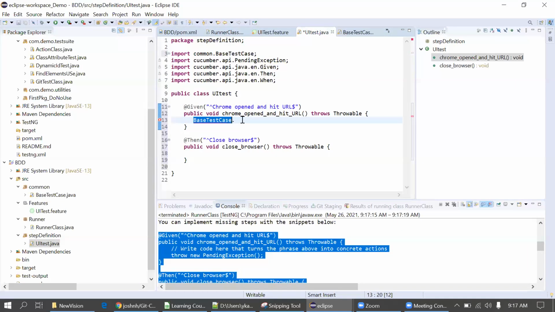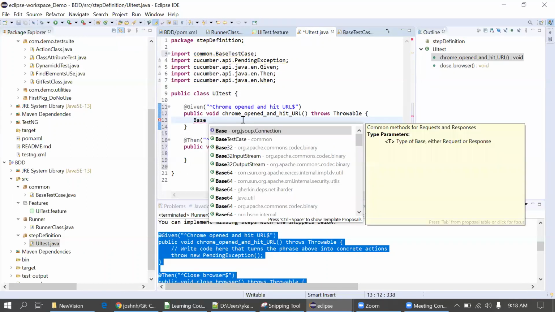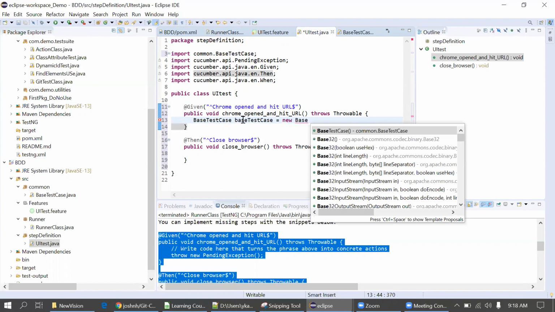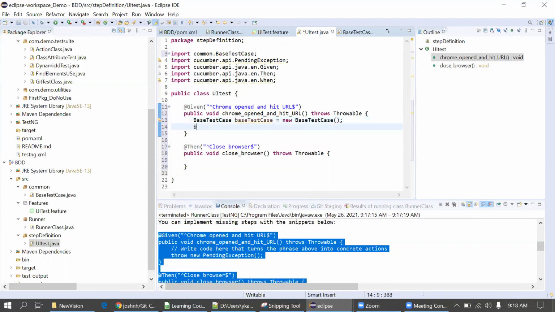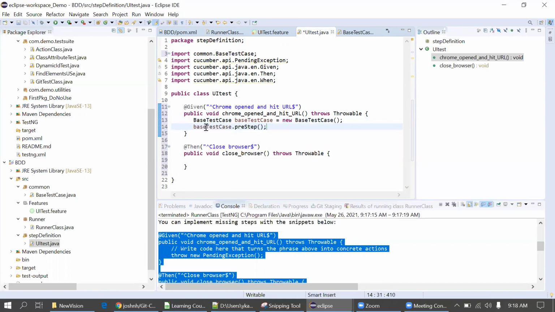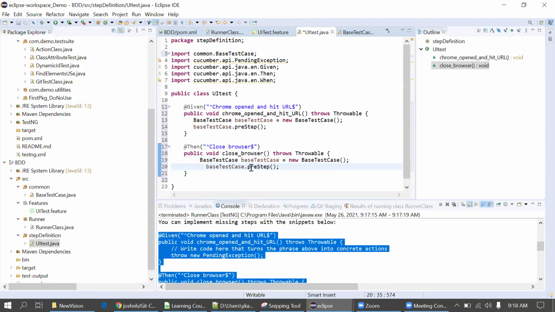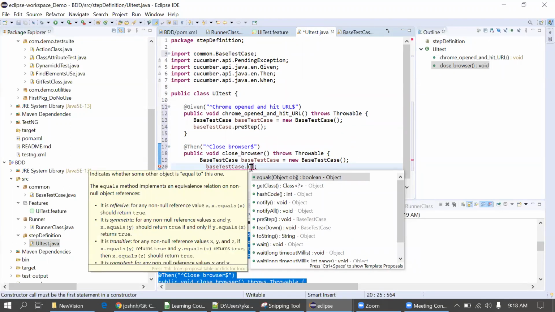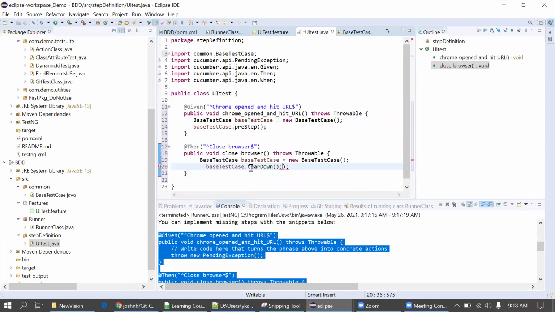Control Q to come to the last edited word. BaseTestCase baseTestCase is equal to new BaseTestCase. Step. Okay. I think it's a tear down. Okay. Done, if there is no error.